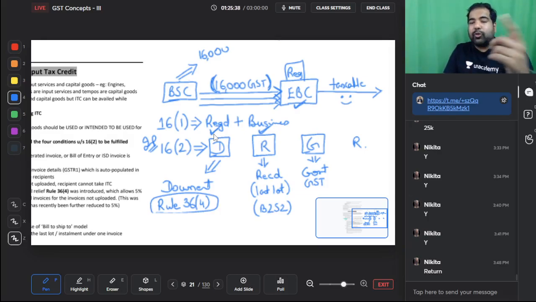But do you have to pay it? Do you have to pay immediately? In business, guys, do you pay immediately when you buy something? Do you make an immediate payment? No. Even if you don't pay, it's okay right now. But how will the government get GST? Because the battery supply company will have to pay this 16,000. Guys, 1 minute.